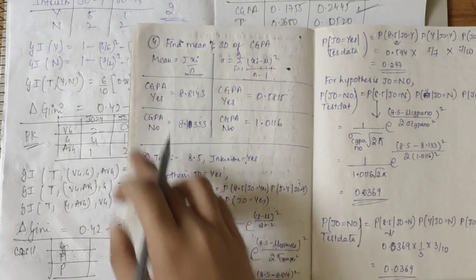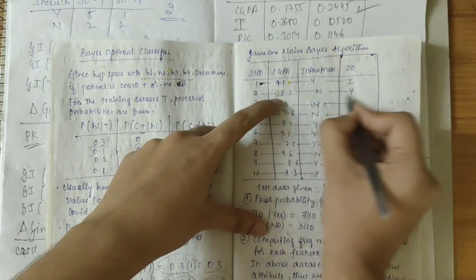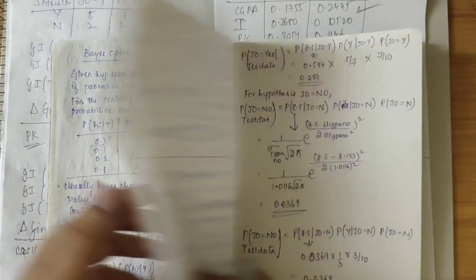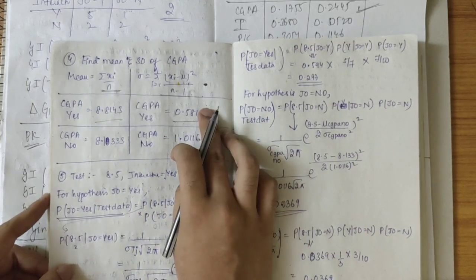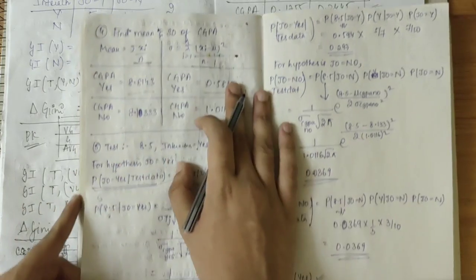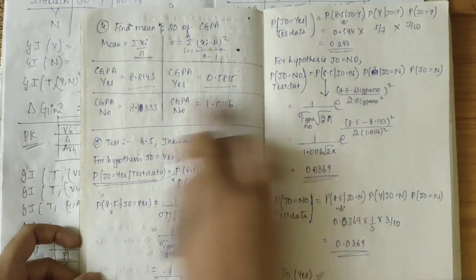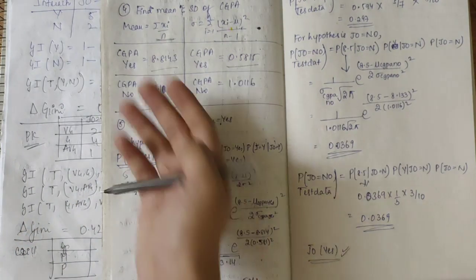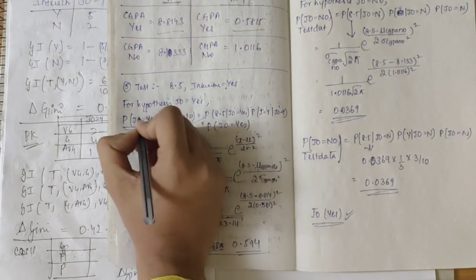For CGPA equal to yes, I need to consider these values, this one, this one, this one, this one, this one. So find the mean of that, I'll get this value. Again, find the standard deviation of that, I'll get this value. Here I'll be using a calculator, so it's pretty easy to solve. Again, for no, consider the no ones and find out the value here. Once the mean and standard deviation are found, my next step would be to find the hypothesis,